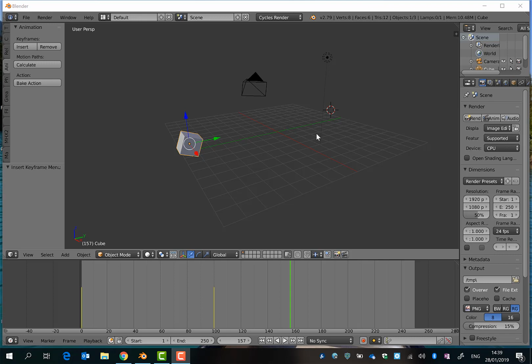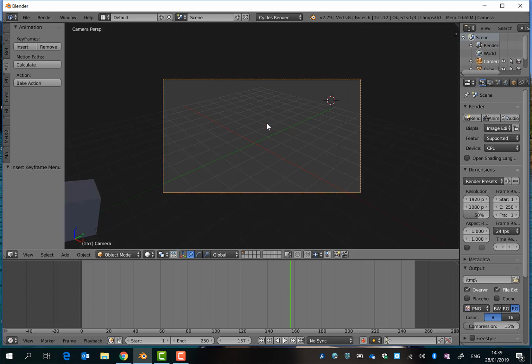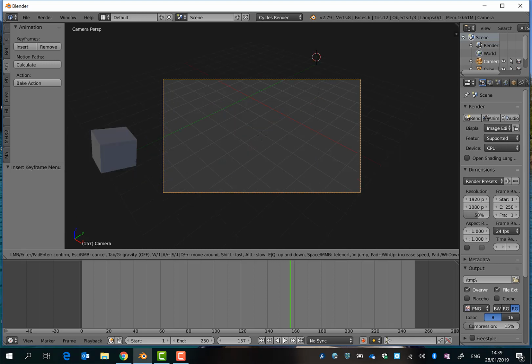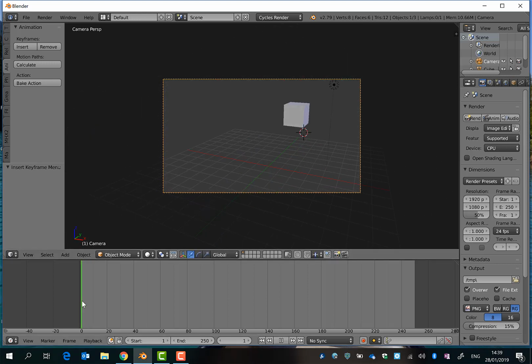Now, we looked at how to do keyframe animation with this cube, but you can also do keyframe animation with your camera. So I'm going to go inside the camera, and first things first, go to the first frame. So right at the start, we can see this cube, and I'm going to insert a location rotation scale. Now obviously we don't change the scale of the camera particularly much, but we might change the rotation and location